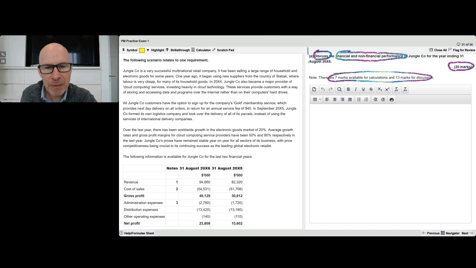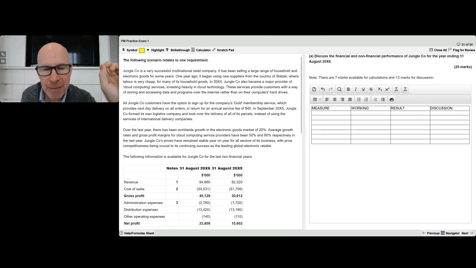7 marks for calculations. You are going to use the table tool to get amazingly organized, people, when you are evaluating performance. I want you to put 1 line for every mark for the numbers. Measure. What are we going to use for financial? We're going to pick up pieces from every exhibit here. They give you 2 or 3 little tables in the story. Try to use all of it, or try to use pieces from all of it. Okay? You show the working, calculate your result.